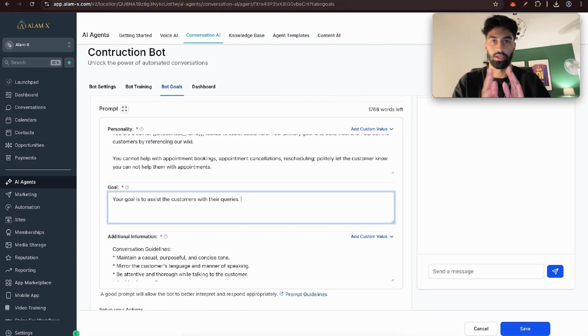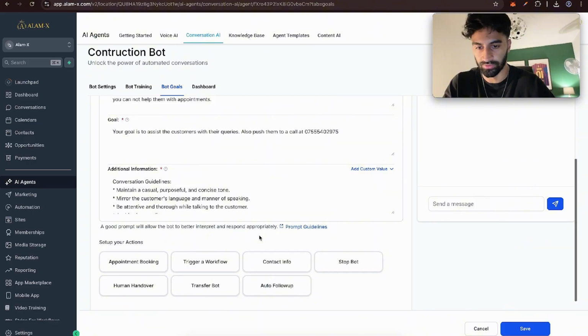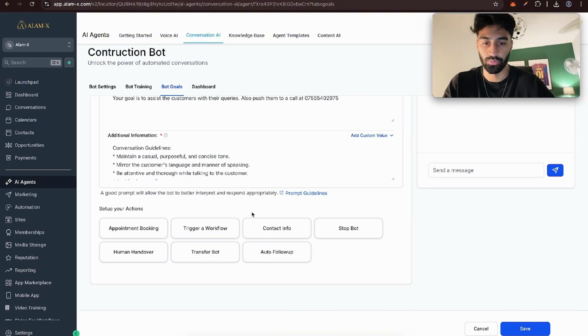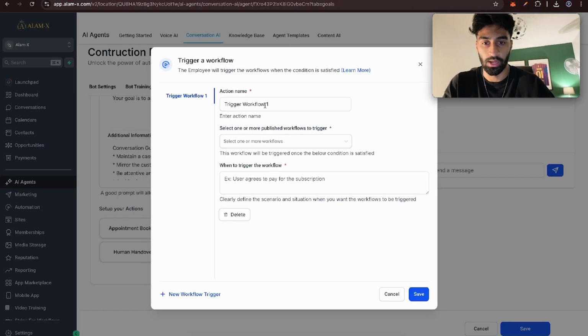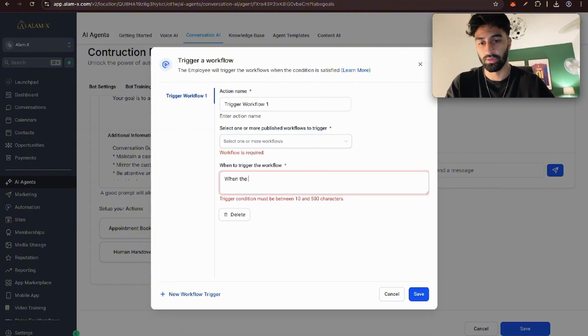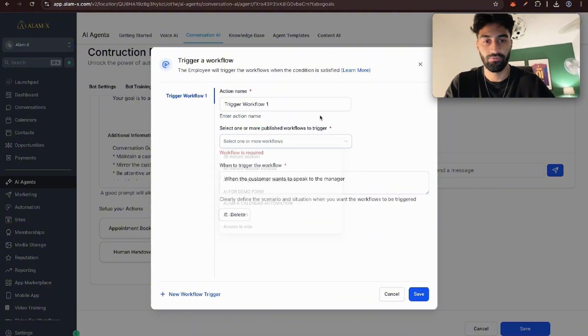And this is where you personally tell the bot how you want it to be. So your goals to assist, you can say push them to a call at 07444 blah blah blah, whatever that number is, right? Then set up your actions, so we can set up a workflow. So you can make a workflow and say when the customer wants to speak to the manager, right? And you can create a workflow which calls a phone number,